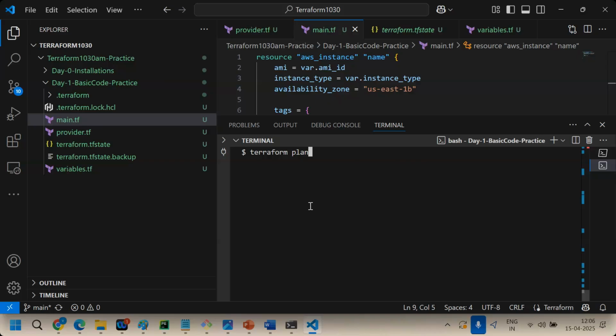My server is running in AP South, US East 1A. I want to change the availability zone. How to do that? Is there any process to change the data center? The server is running in one room. I want to move the server to a different room, a different availability zone. Is there any process they are giving? Terminate and create only, right? Modify process is not there, right? Terraform plan.